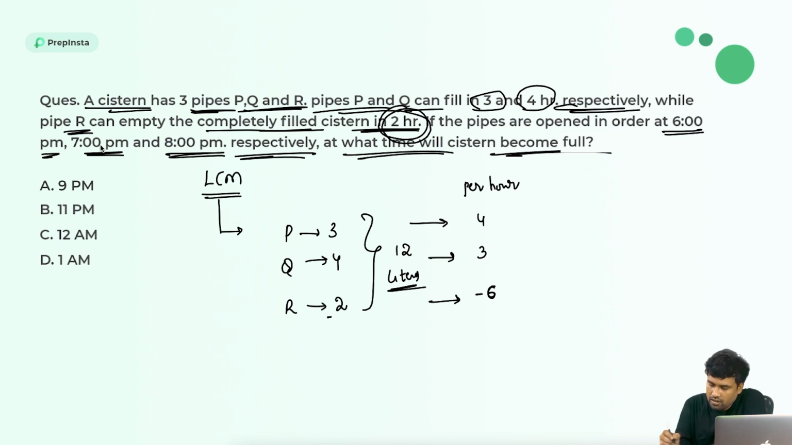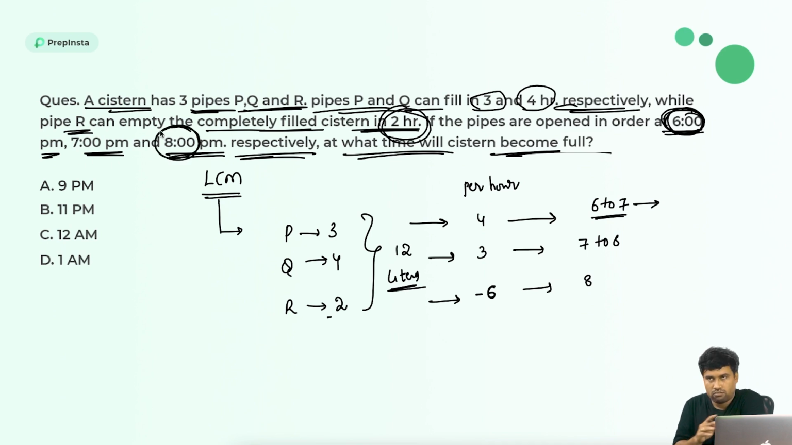For example, the first pipe is started at 6, so 6 to 7. And the second pipe is started from 7, so 7 to 8. And the third pipe is opened at 8. Right? And observe, guys, pipe P is not worked for 1 hour. It is started at 6 and it is working till 8 also, right? So 6 to 8 it is worked, and the second pipe is only worked for 7 to 8, and the third pipe